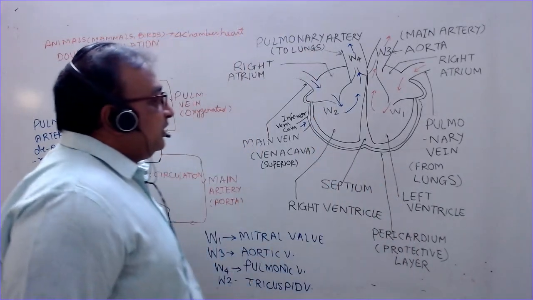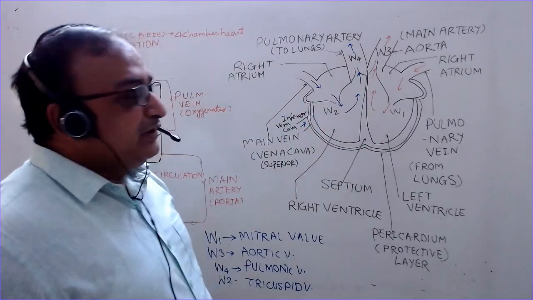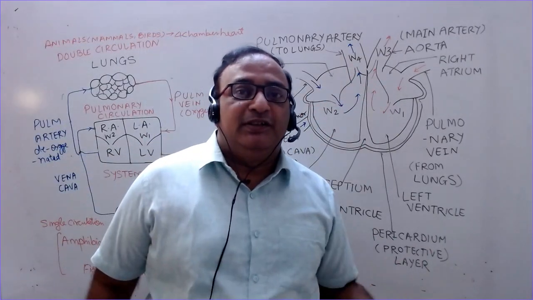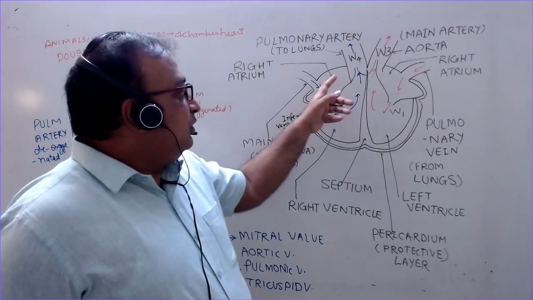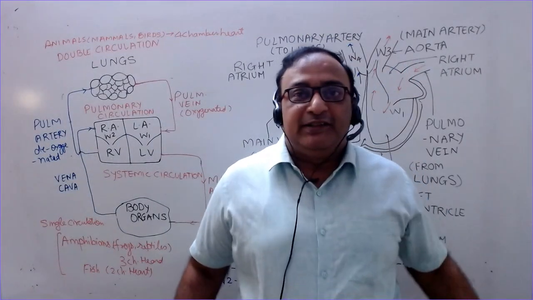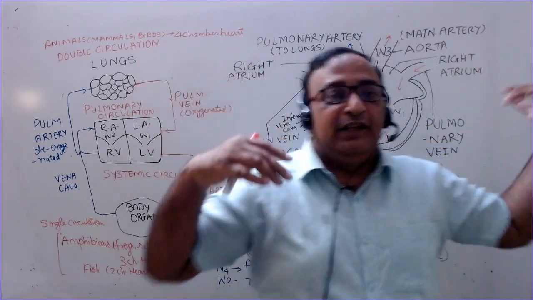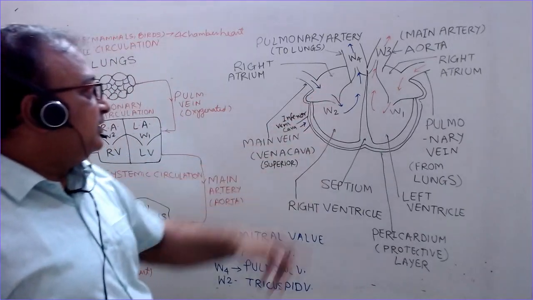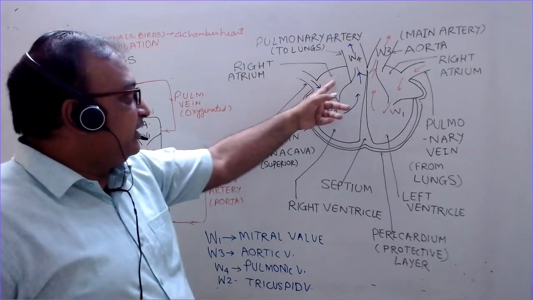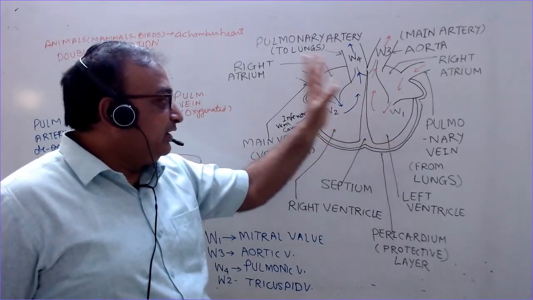The heart has 4 chambers, 1, 2, 3, 4. Why it has 4 chambers, I will be discussing later on. This is known as the right part and this is known as the left part, because if I stand up like this, then this is towards my right, and this is towards my left. The upper part is known as the atrium. This is the right atrium and the left atrium. This is the ventricle, the right ventricle and the left ventricle.